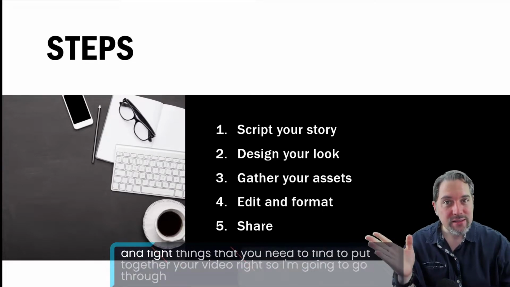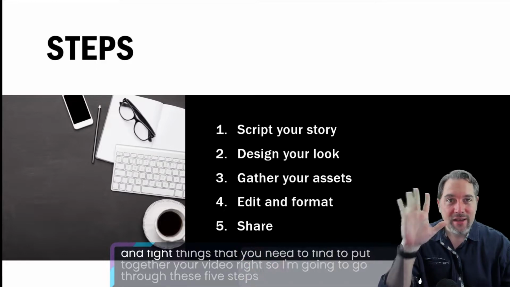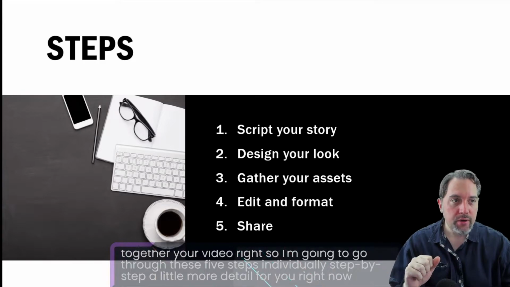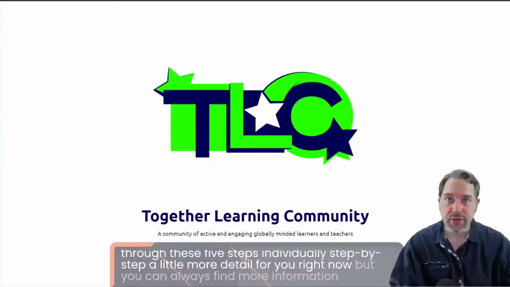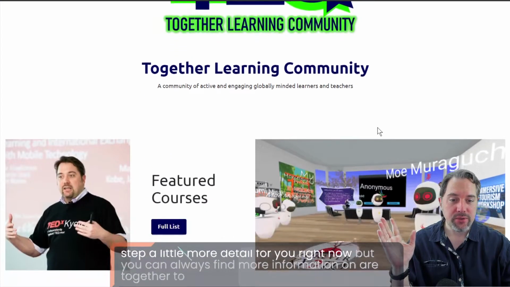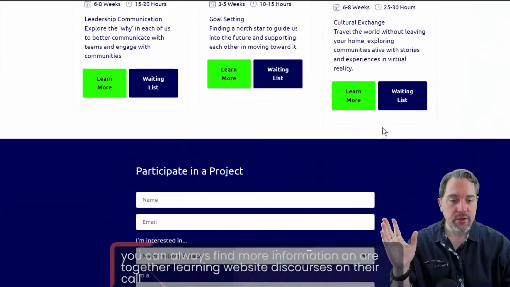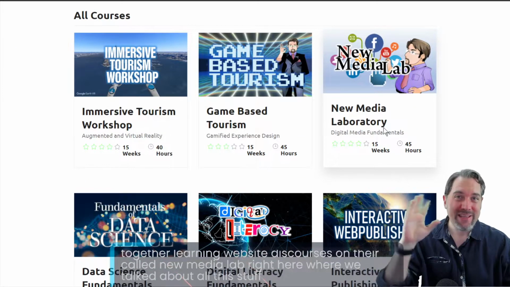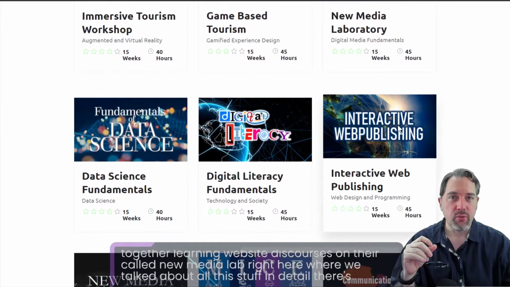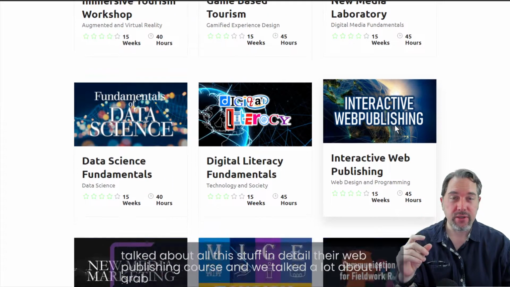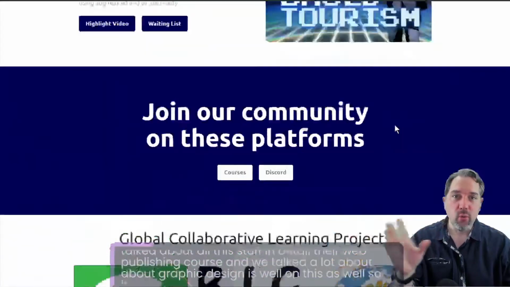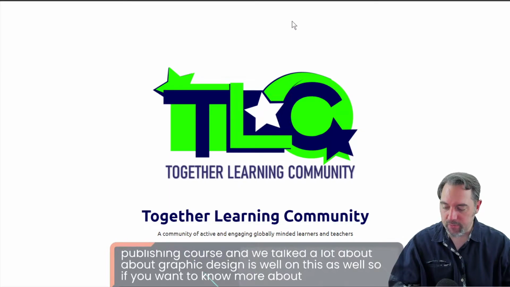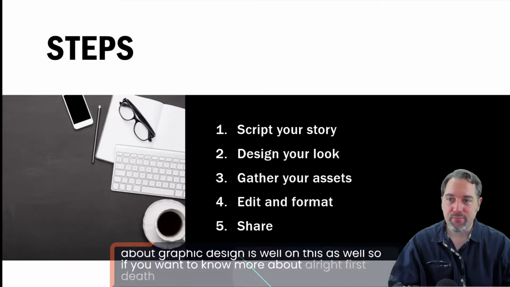So I'm going to go through these 5 steps individually, step by step, in a little more detail for you right now. But you can always find more information on our Together Learning website. There's courses on there called New Media Lab, where we're going to talk about all this stuff in detail. There's a web publishing course where we talk a lot about graphic design as well. So if you want to know more about the stuff I'm talking about in detail, that's where you're going to want to go. All right, first step,